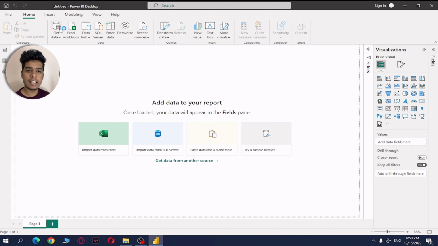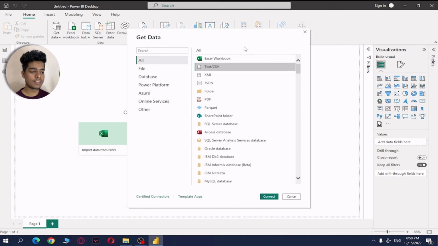Click on Get Data again. To load data through a CSV file, you can just click on CSV, then connect, same as the Excel workbook. Just browse to that particular file and select the sheet that you want to load into Power BI, and again there are two options, Load and Transform, through which you can load data into Power BI. So these two options are common, and then there is a third option, that is Folder, and it becomes very important when there is a huge amount of data or you have multiple Excel sheets.